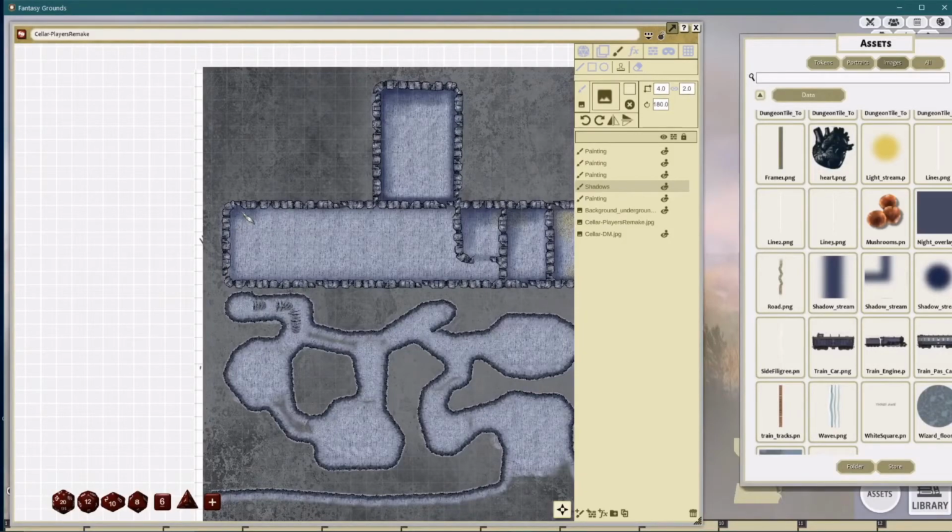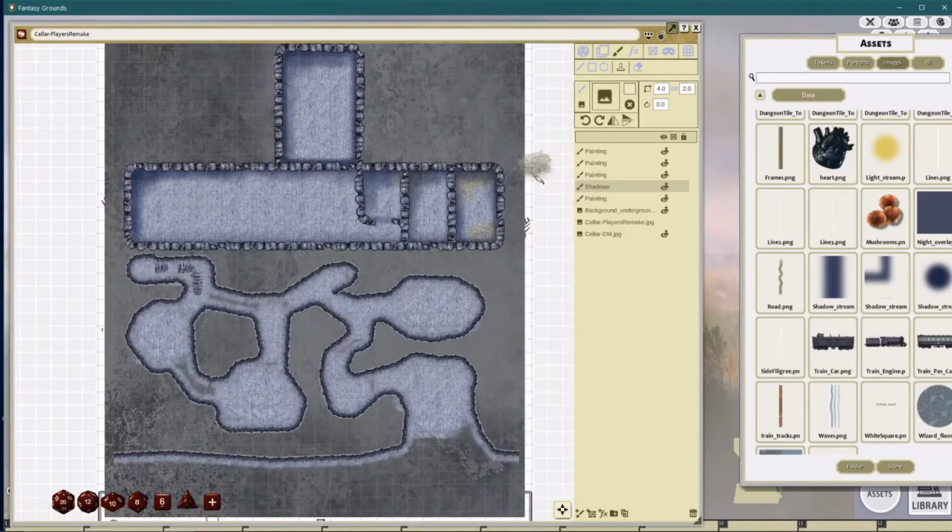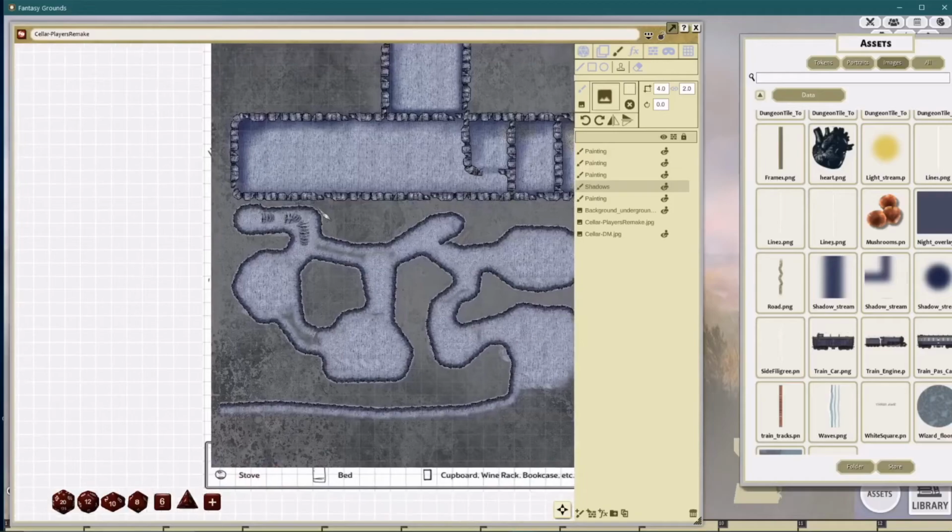So far, I have only used 4 images in the creation of this map. So that's only 4 images that are going to get sent to my players. I guess maybe 5 images with this one. Looks like I accidentally put one over there. And I can even come in and start to do some more stuff down here. It looks like I'm going to need to